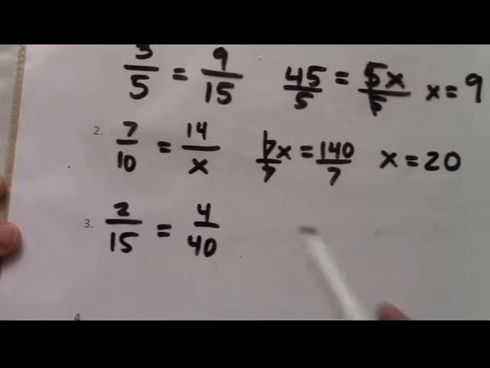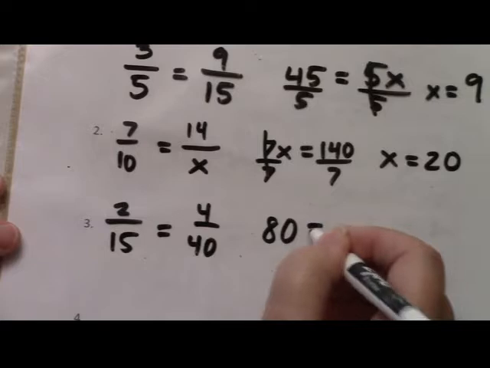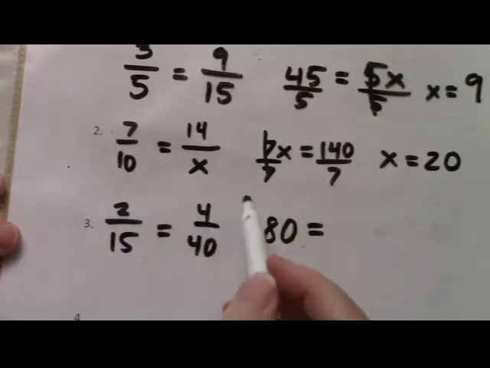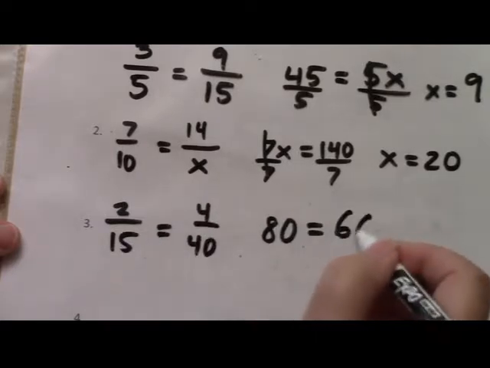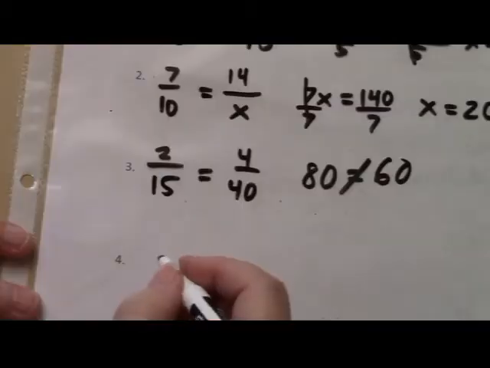Random numbers. Are they equivalent? Let's cross multiply. 40 times 2 is 80. And 15 times 4 is 60. These are not proportionate. So again, let's take another look at cross multiplication. Let's prove if something is proportionate. How about